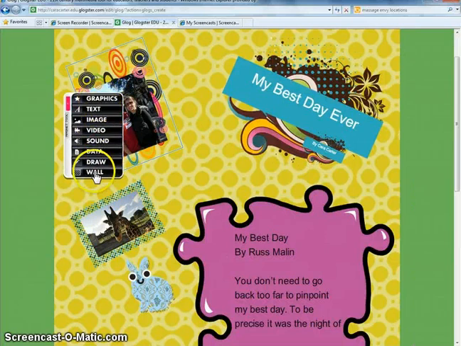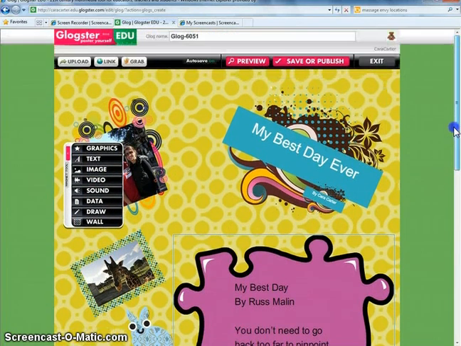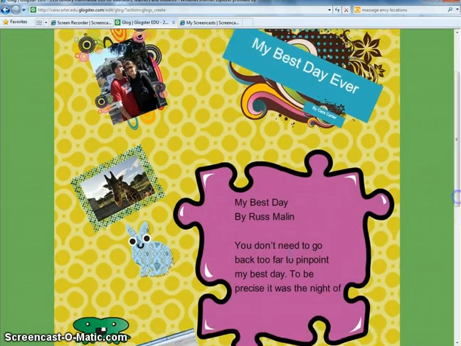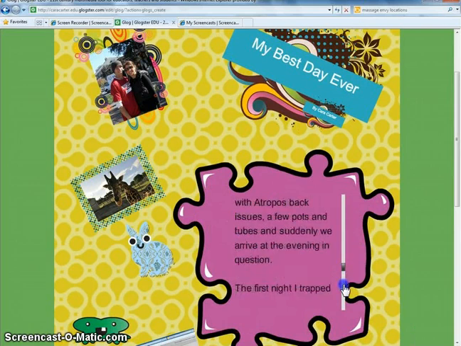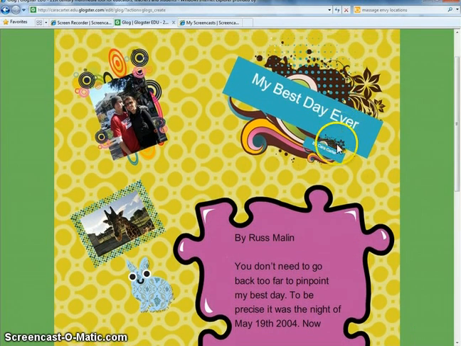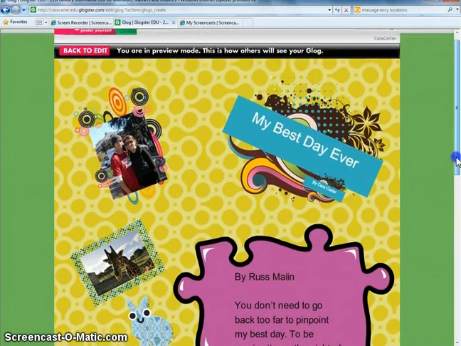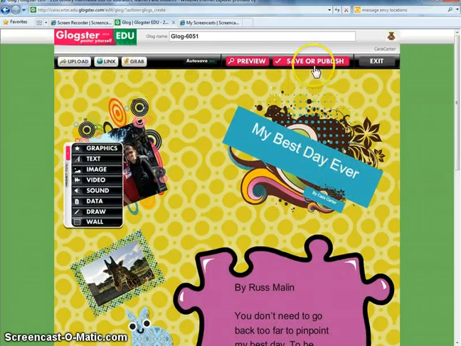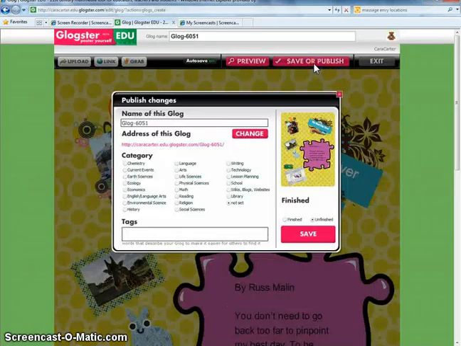That covers all the basic features that you can use in Glogster. Whenever you're finished, you can click on preview. And this is what it will look like to the viewer. You'll see you've got your little scroll bar over here so you can read your story. You've got your title and all of your images. If for some reason you wanted your images linked to a particular website, you'd be able to test them out at this point. So you can go back to edit,